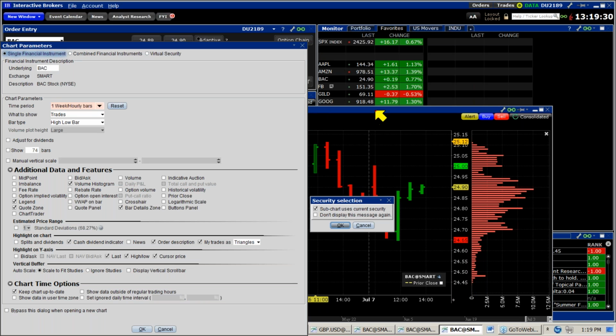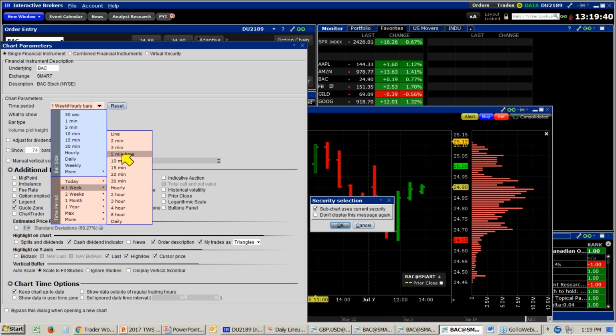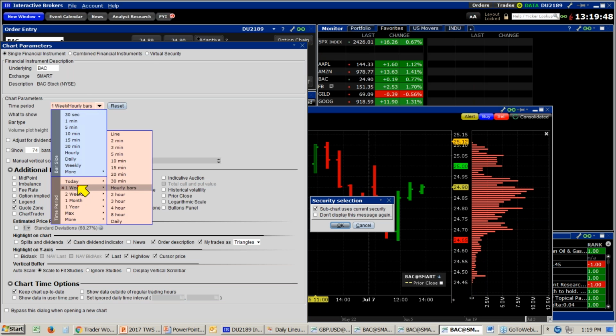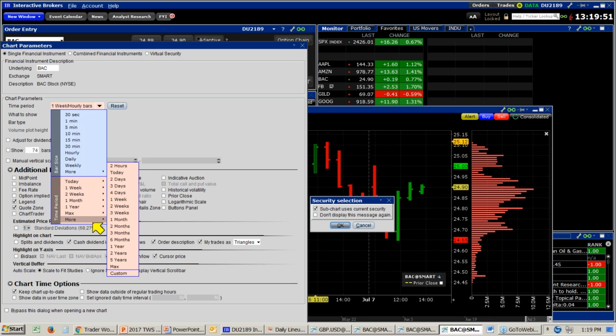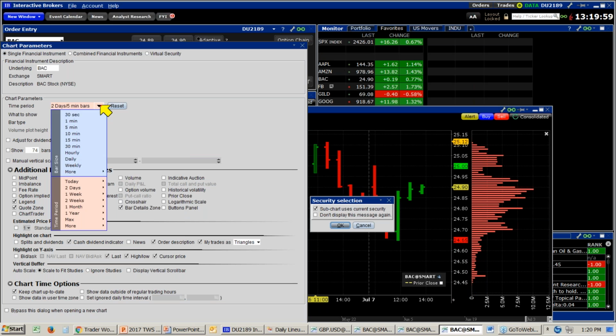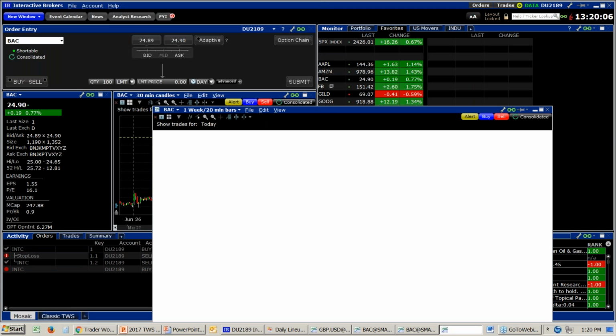Well, no need for me to have two charts included in the same chart panel for a one-week chart. So what I'm going to do is make this an hourly chart. Instead of a one-week chart, I'm going to come down to more, and we'll make this a two-day chart. And instead of 5-minute candlesticks, I'm going to make them 20-minute candlesticks. Now when I go ahead and click OK,